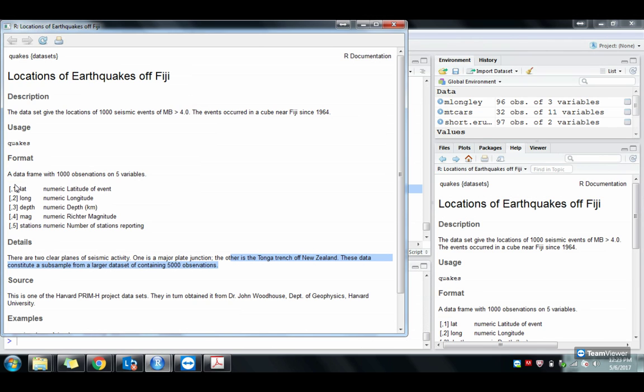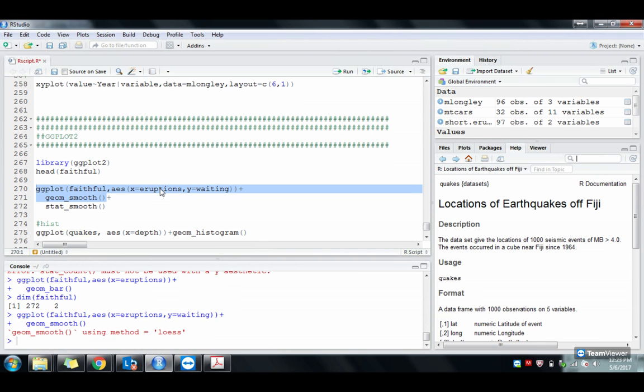The data they have is the latitude, longitude, and depth at which the quakes are occurring, the Richter magnitude of the quake, and the number of stations reporting the quake. So 1,000 observations, 5 variables, and you have this data built into R. So let's use that